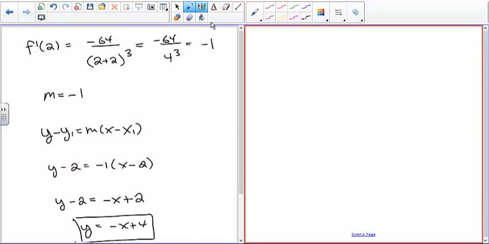Okay, number 10 is just a product rule slash chain rule problem. So I give h of x is 3x cubed times the sine of negative 5x. So 3 is going to come out. And then I'm going to have the product of x cubed and the sine of negative 5x. So the derivative of x cubed is going to be 3x squared. So you take the derivative of the first times the second